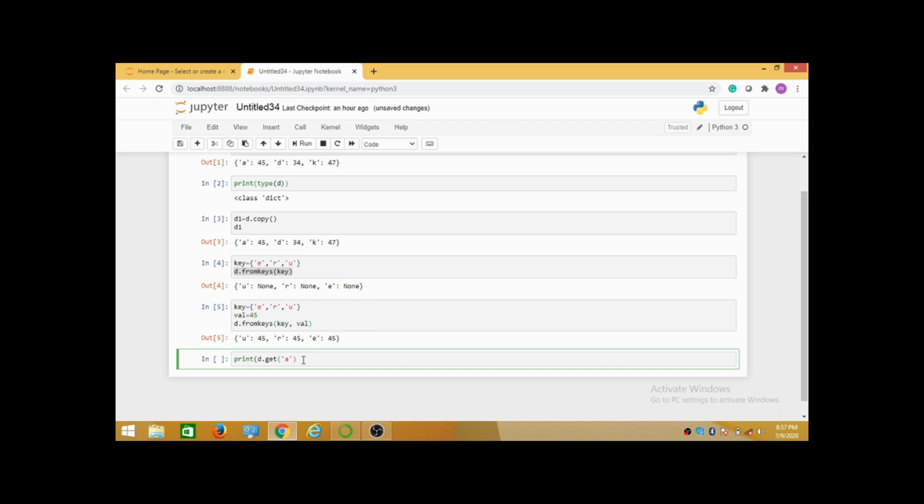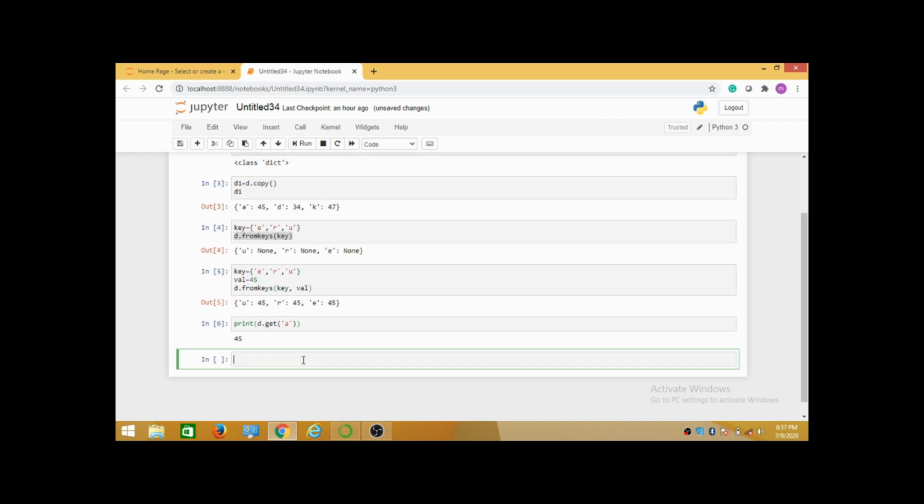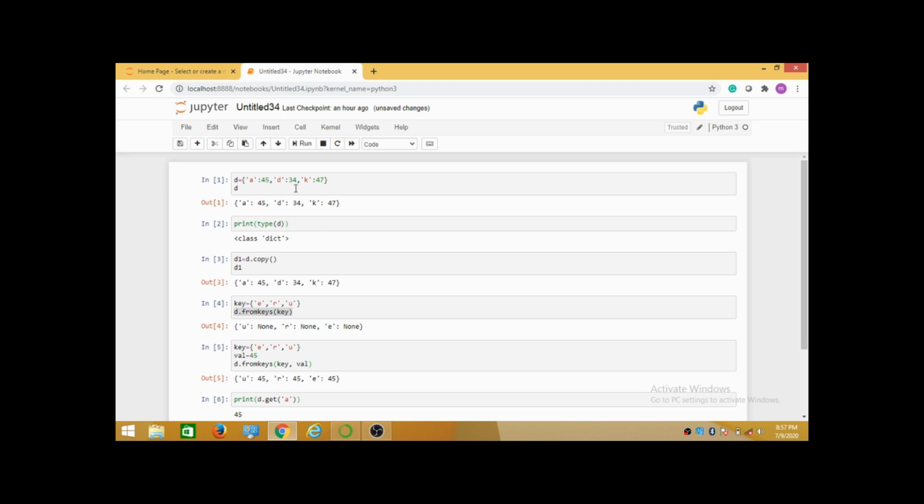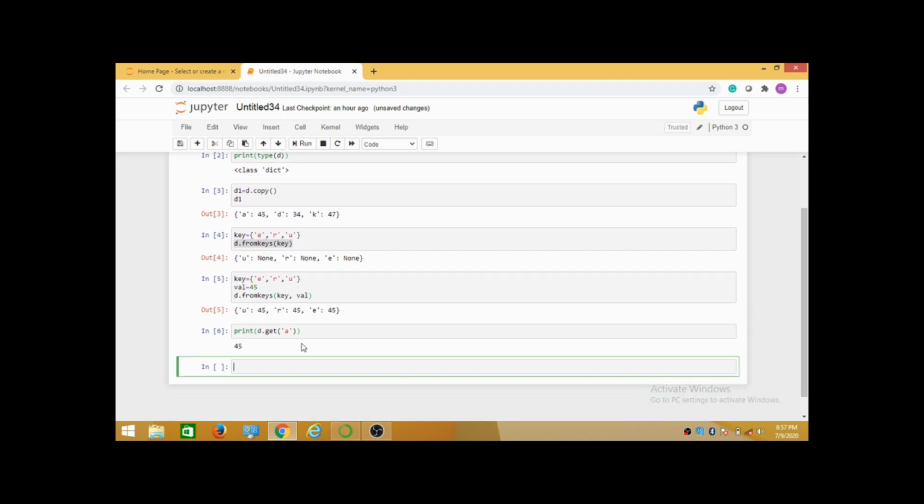So I want to access that. See, here I am accessing 45, because in the first dictionary a has value 45. So based on this key I am accessing my values. This is the key, and using this key I am accessing the particular value. So the get function is used for accessing data from a dictionary.